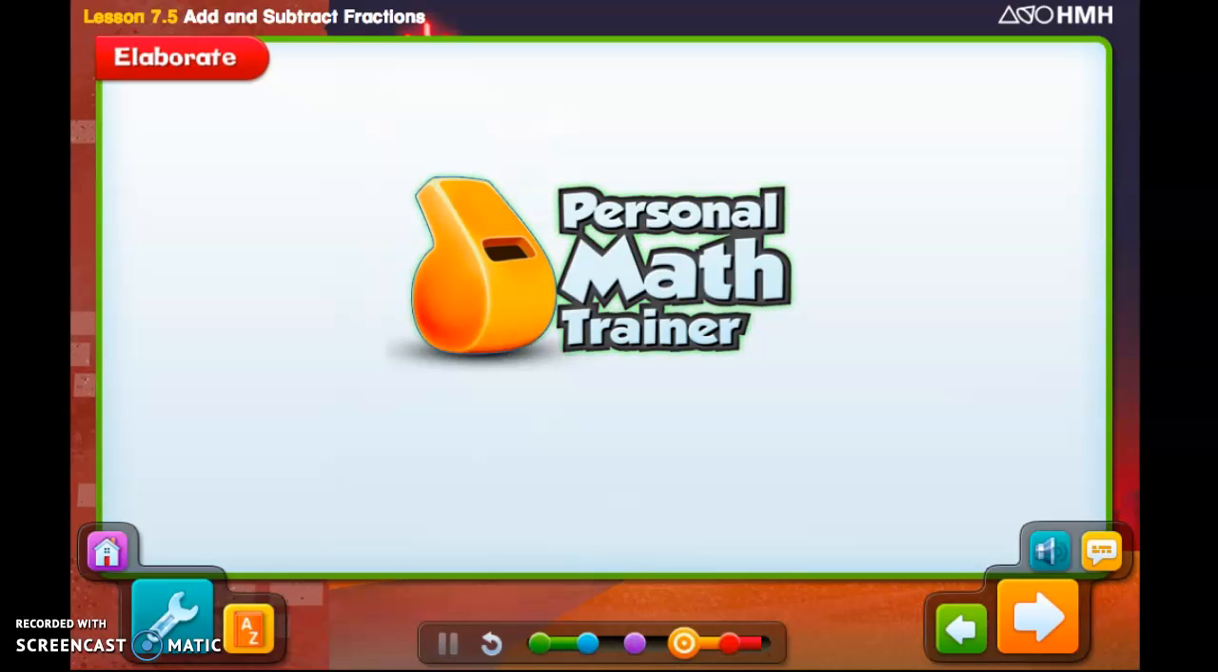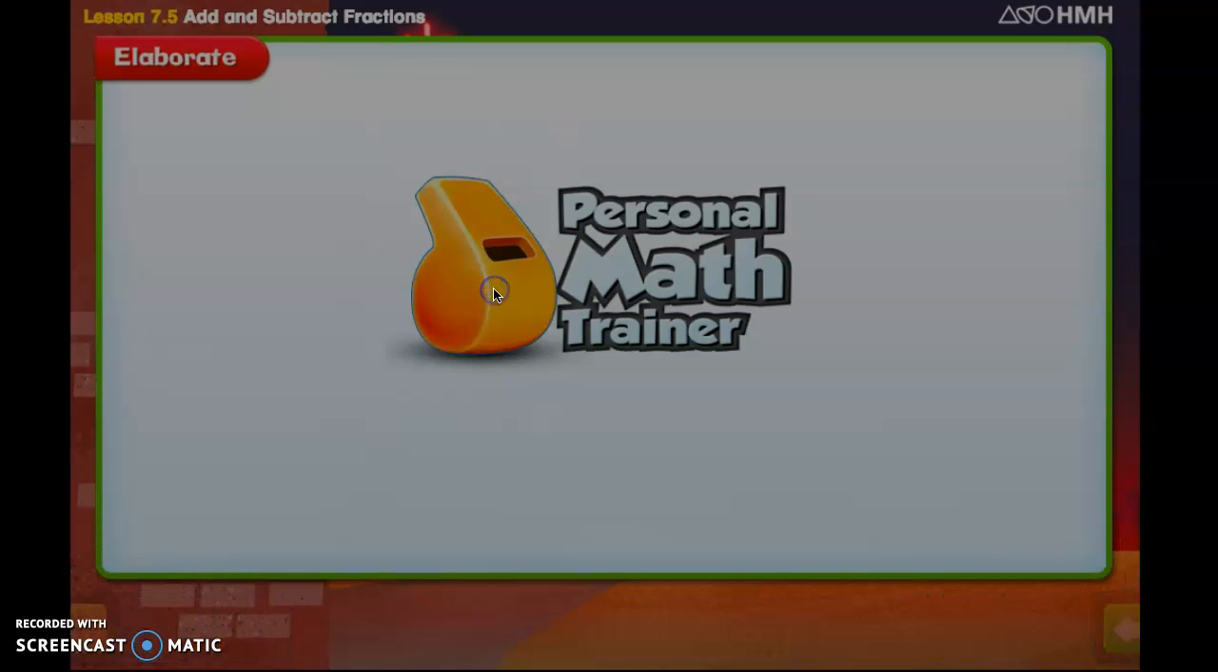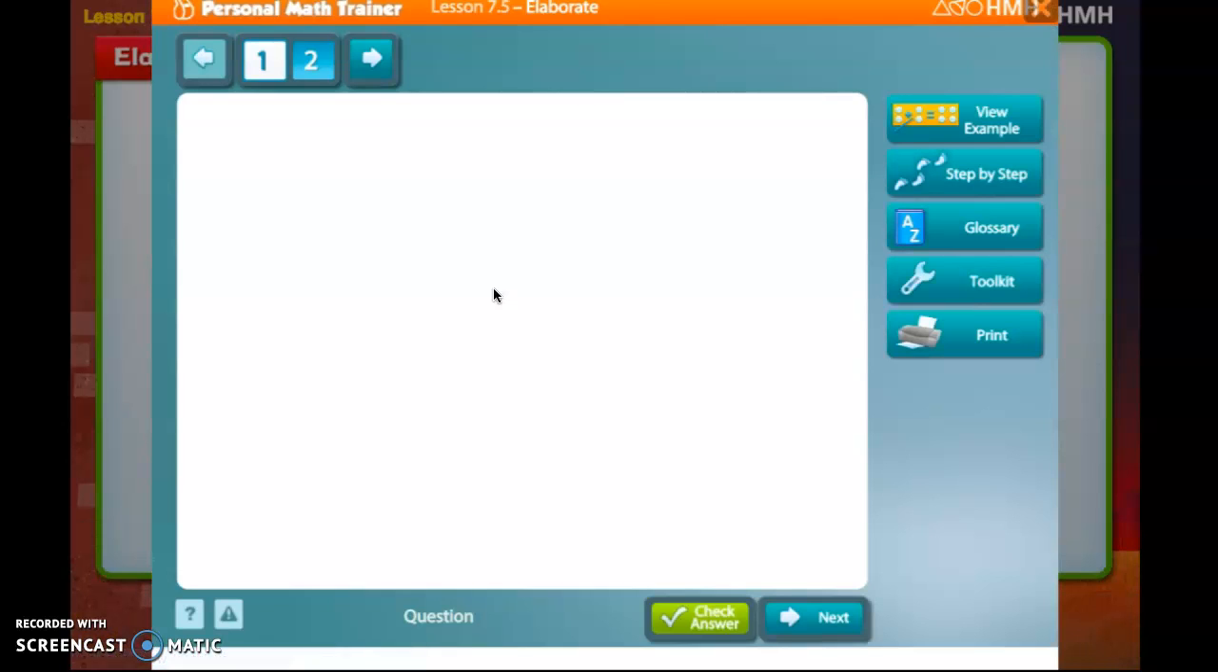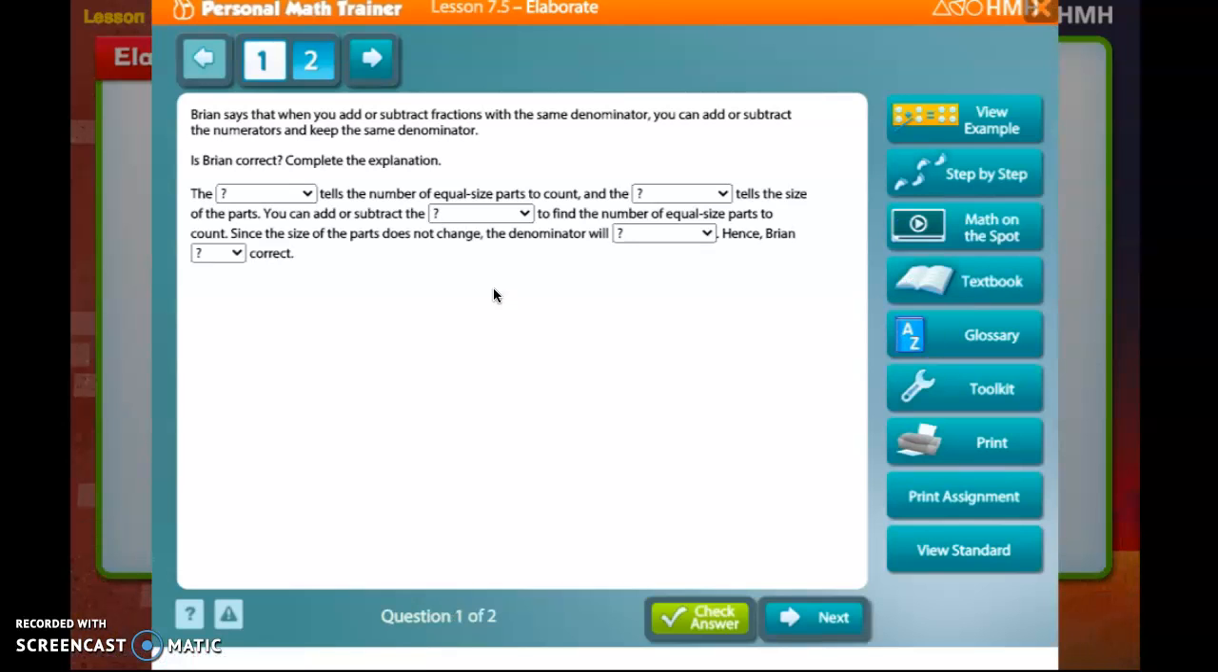Hey fourth graders, today you will be adding and subtracting fractions. You're going to have to complete two math trainers, so your first one is your orange. When you click on the orange, you'll be brought to the first question, where it says, Brian says that when